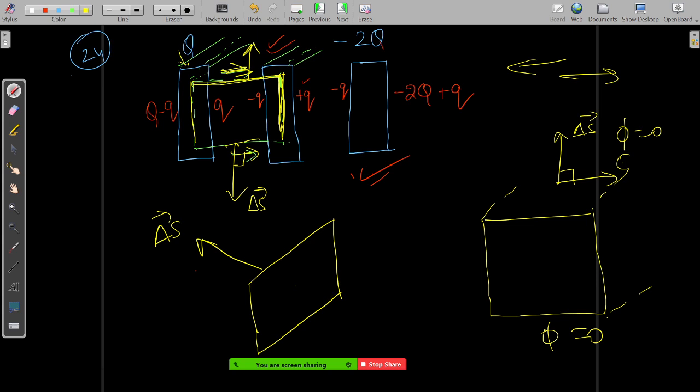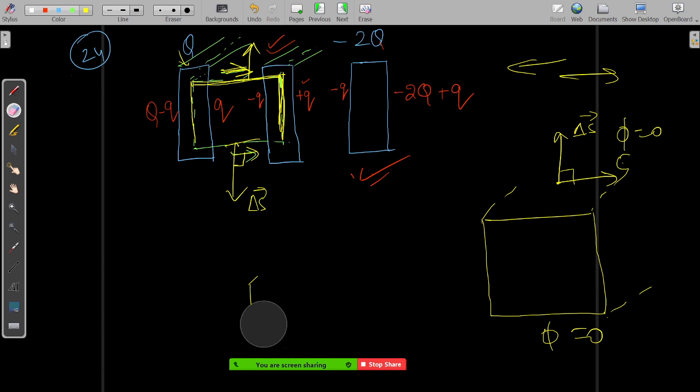But the thing is, you can see that we have drawn this Gaussian surface inside a metal conductor. So if we have drawn the Gaussian surface inside a metal surface itself, the electric field there is zero. So that's why the flux here also is zero. Similarly, the flux from this surface is also zero. Field itself is zero. So total flux should be equal to zero throughout the Gaussian surface, the yellow color surface which I have drawn.